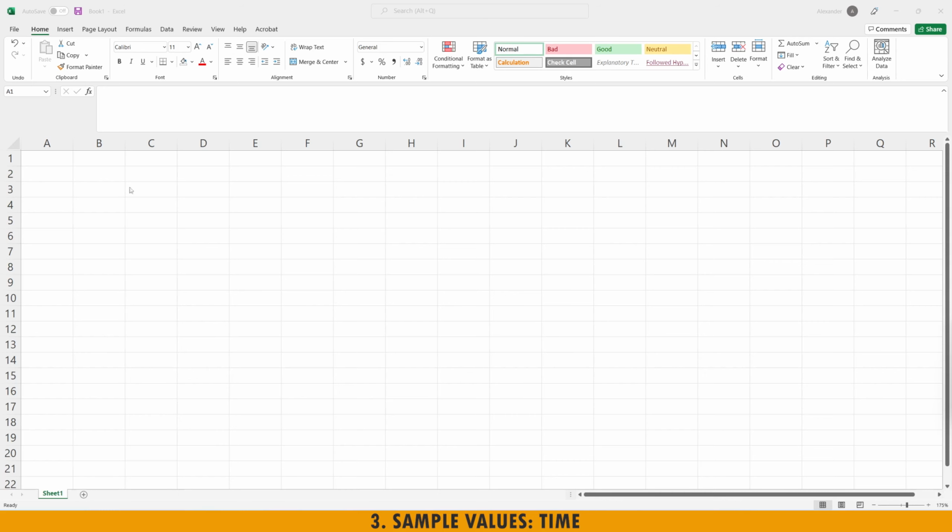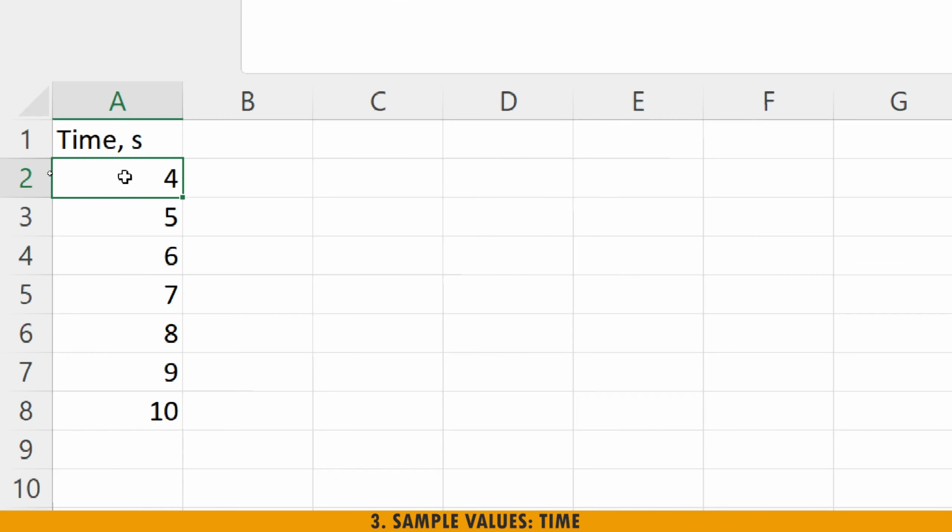So first of all, I will create a time column, and I will measure time in seconds. And I'll start measuring time with 4 seconds until 20 seconds. So I can create a series of numbers like that by entering them manually, or I can use smart Excel features like this. If you select two consecutive numbers and use this square on the bottom right corner, which by